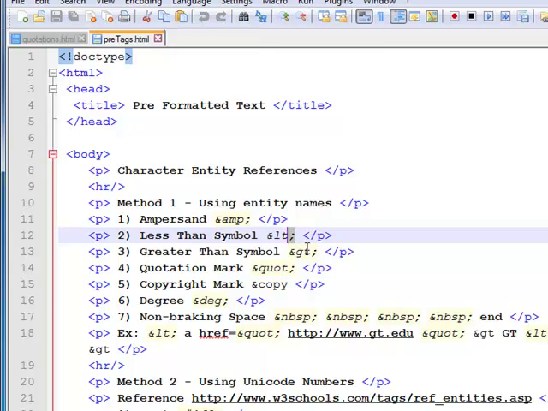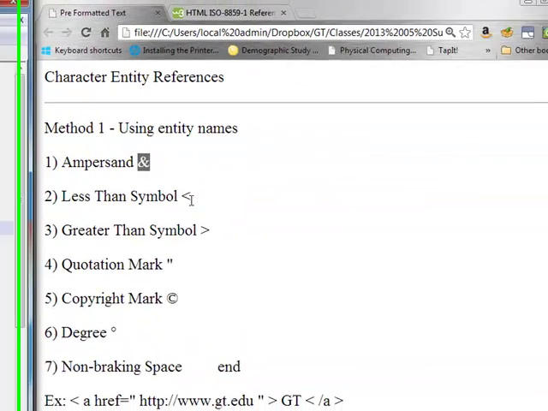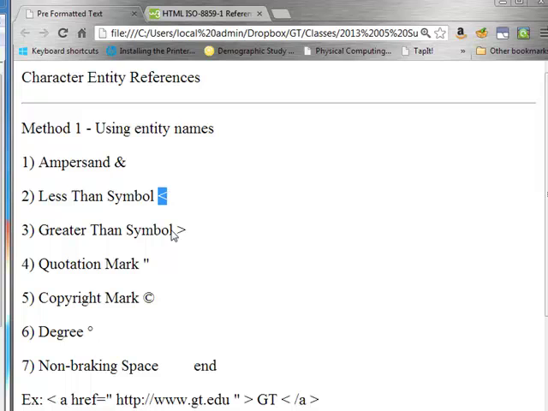Now, in some browsers, you don't have to use the semicolon, but when we talk about validation, to make sure that you're as cross-browser compatible as you can be and as past and future compatible as you can be, you put the semicolon in there. So this is the entity name for the less than symbol. And if we go back over here and look at the browser, you can see there's the less than symbol